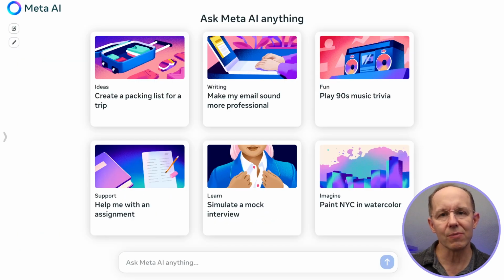For now, we're going to do some quick tests on the model directly using Meta's chat client, which you see here. Go to meta.ai. You can get the link in the description below the video as well. For the first test, I'm going to ask Meta AI to write the game Breakout in Python.